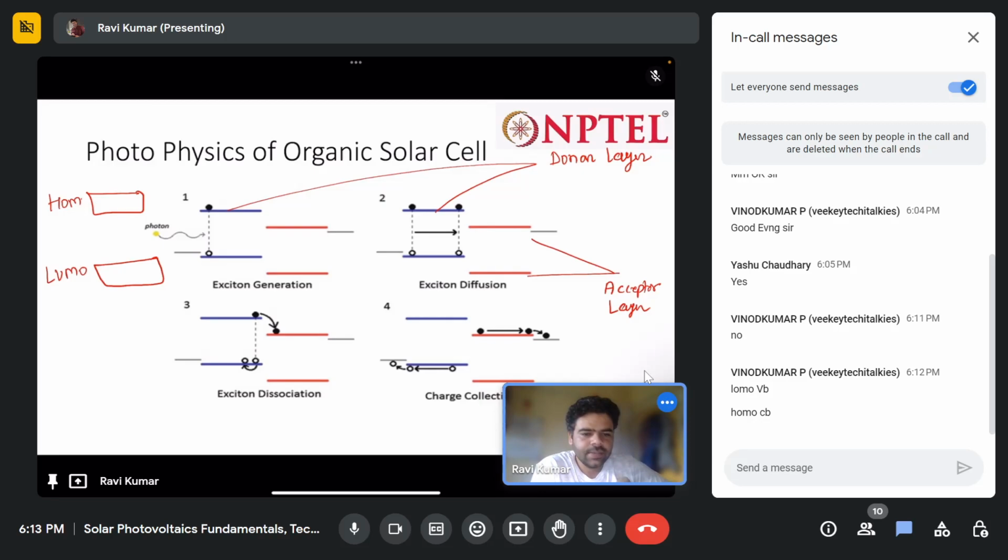So LUMO is the... Vinod said LUMO is valence band. Yes, this is our, what is this, valence band, and this is our conduction. So what happens here? Anyone writing something? No. So what happens here? As a photon strikes the surface of this donor layer,